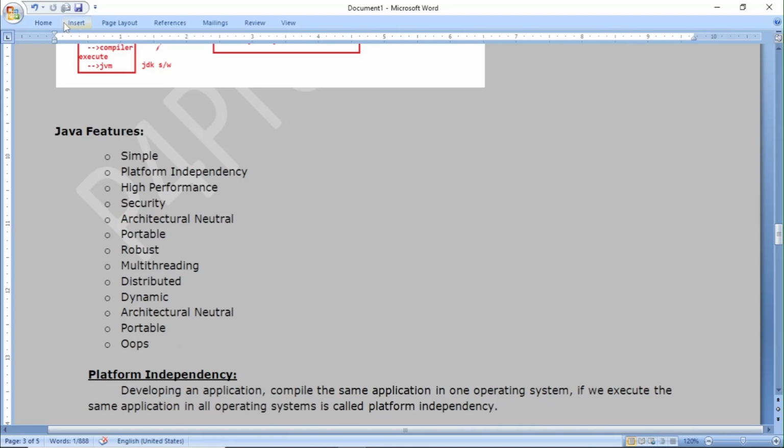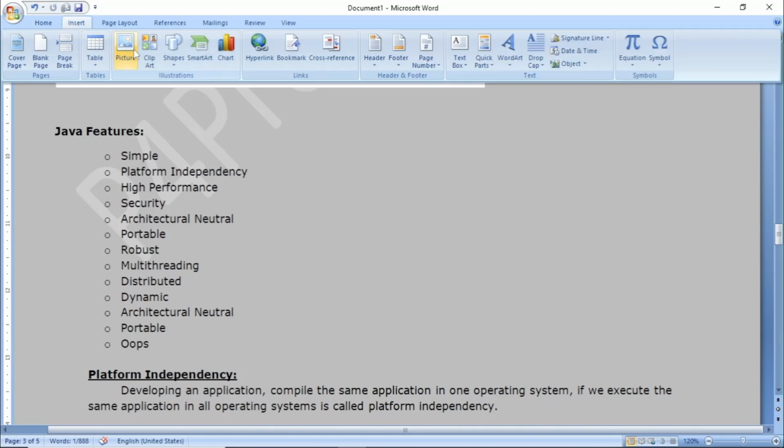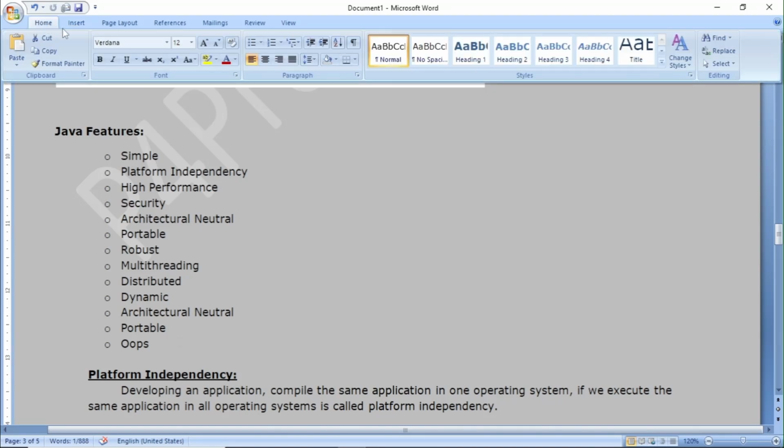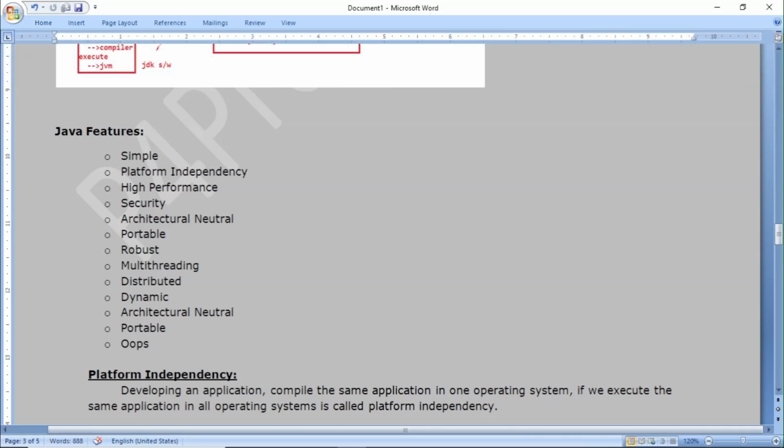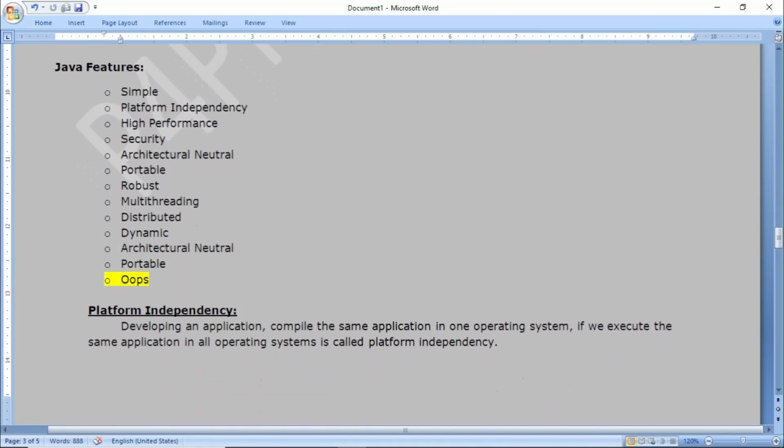Whenever we are talking about OOPS, OOPS came to the market in 1979. OOPS, its full form is object-oriented programming system.